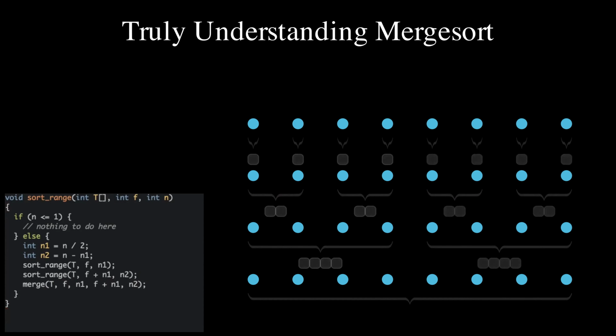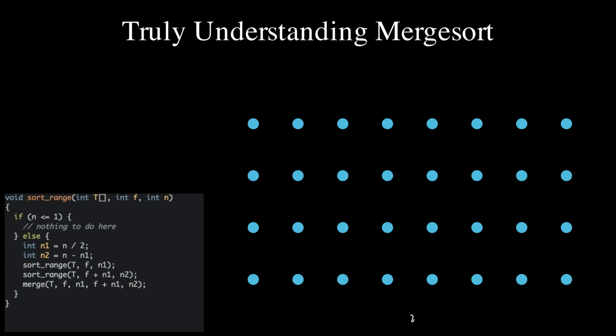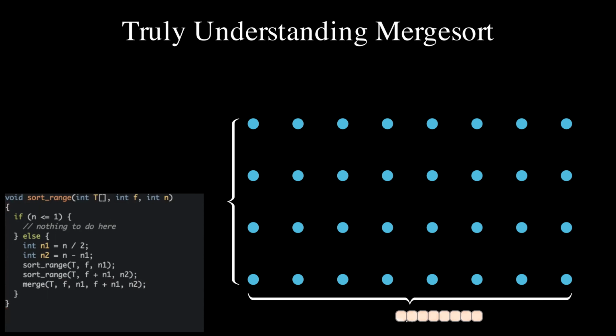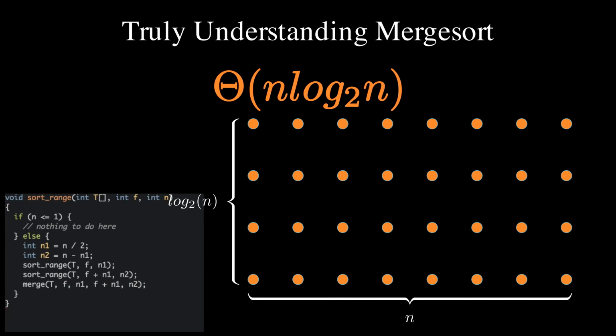It remains to count the number of tokens to obtain our running time. There are n tokens horizontally on each row. The challenge is to count the number of rows. Each row has subranges approximately half the size of the subranges in the row below. The number of times we can split an entity in half until it reaches a size of 1 is the definition of the function logarithm. Therefore, there are about log n rows. We now count the number of tokens. There are n tokens horizontally times about log n tokens vertically, which amounts to a grand total of about n log n tokens. As each token represents a unit of time, we conclude that the algorithm has a time complexity of theta of n log n.